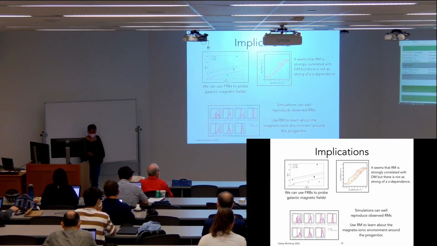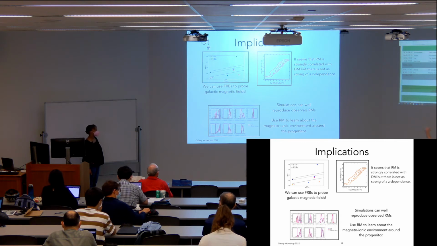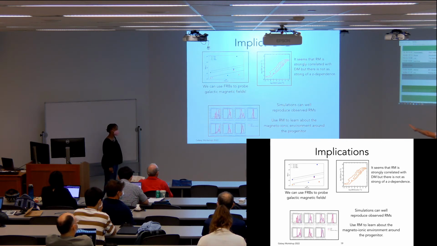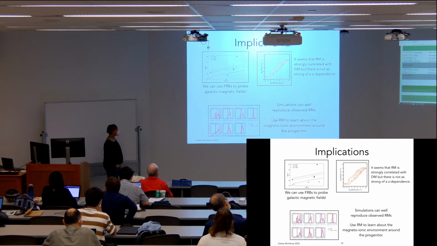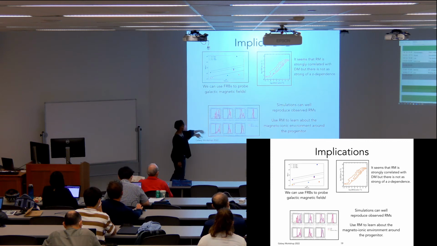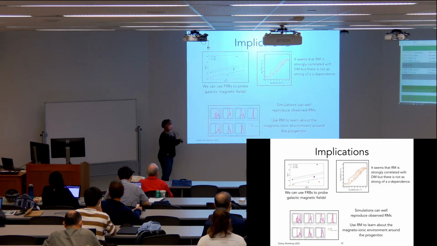Actually, can I ask to clarify, maybe I missed a step on your main plot here. You're showing the observed rotation and dispersion measures, and then the curves show the predictions from the simulations. How are they different? Is it the viewing angle? Is it the exact simulations you choose to overplot there? What's different between the predictions? Are you looking at different galaxies? It looks like you're combining the different galaxy simulations. Yes, sorry. Each of these is a different galaxy that we modeled and then picked out because it had similar stellar mass and star formation rate to what's measured for the host galaxies that the FRBs are in.